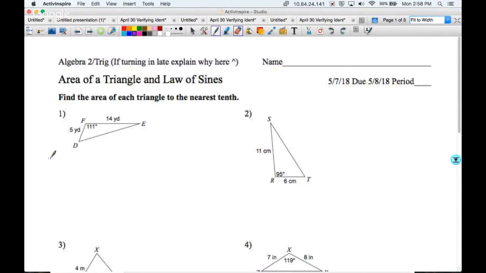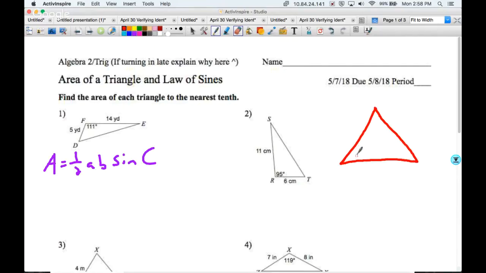So the formula we want to be using is that area is equal to 1/2 ab sine C. The variables A, B, and capital C come from our generic way of labeling a non-right triangle, and that's to label our angles with capital letters, generally A, B, and C, and then our side lengths with lowercase letters that correspond to the side length that they're opposite from. But we don't have to always label it exactly this way to be able to use this